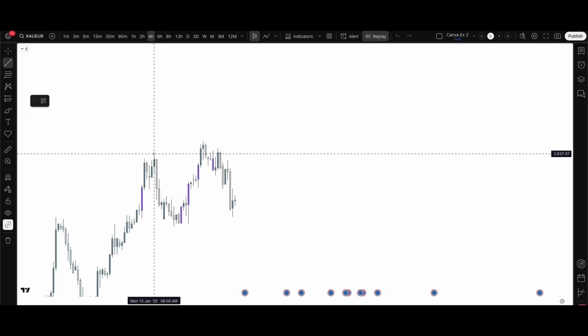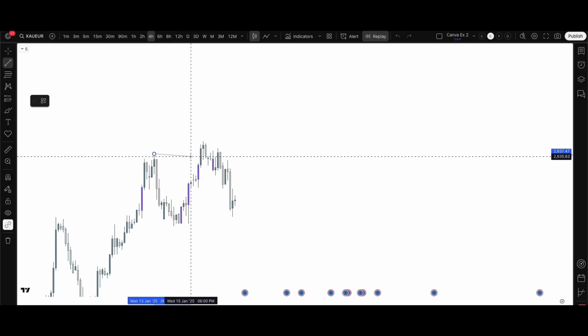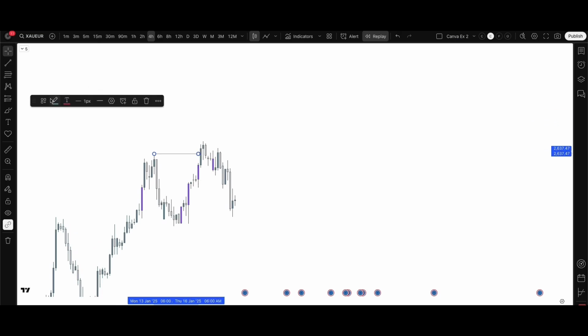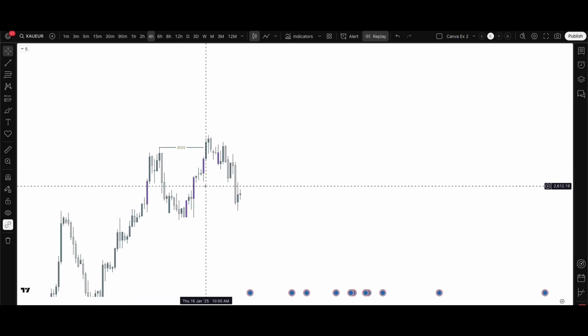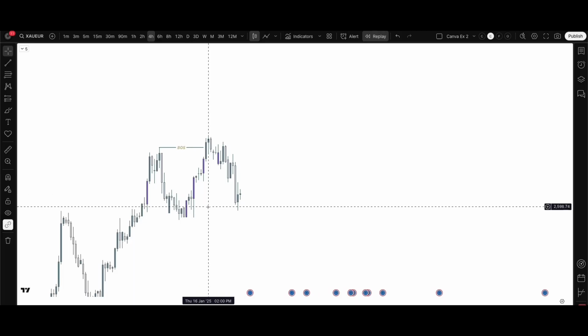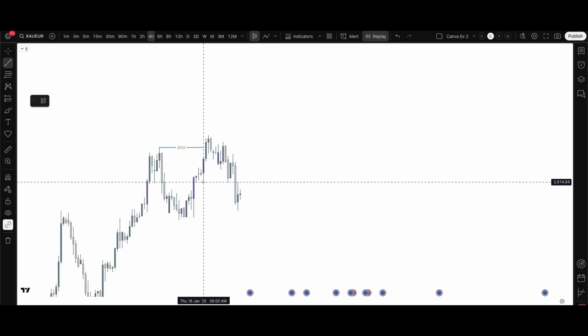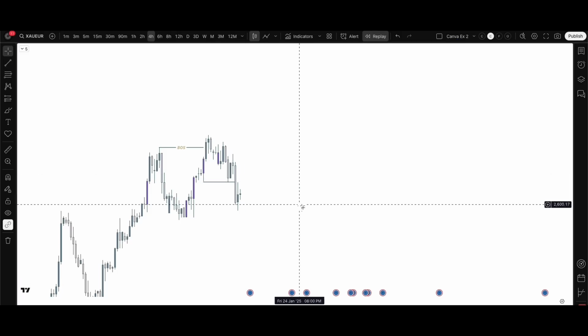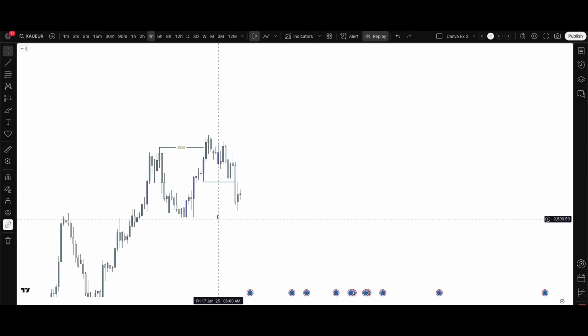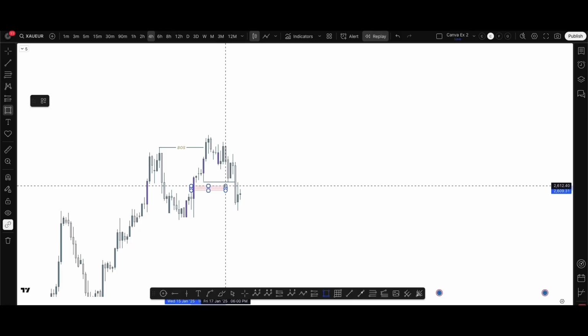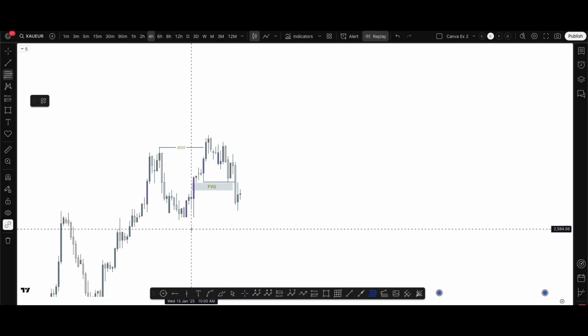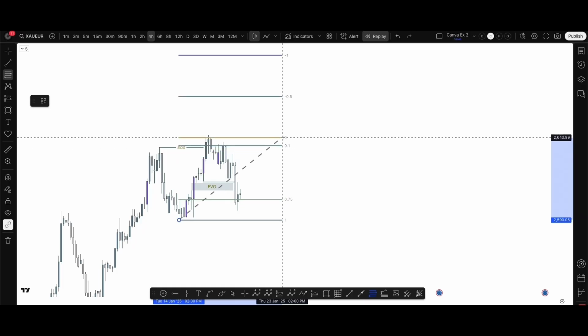XAU Euro. By X I mean X, obviously the Hispanic in me came out. So we have a breakup structure here towards the upside. Now we don't have any liquidity per se getting swept or anything major. I mean, you might say this right here, but it's not enough, I guess you could say. But we do have a fair value gap right there, and we can set up the fib from here to